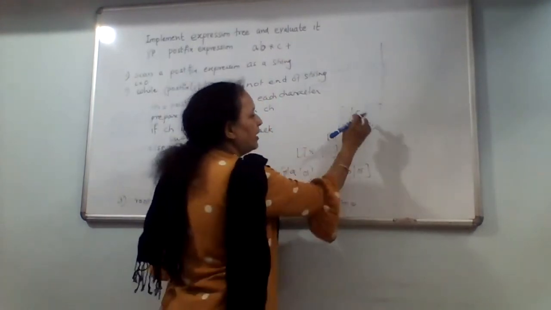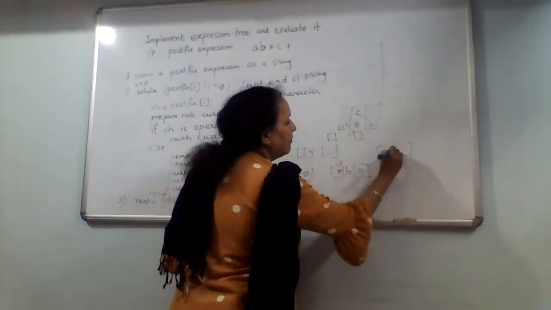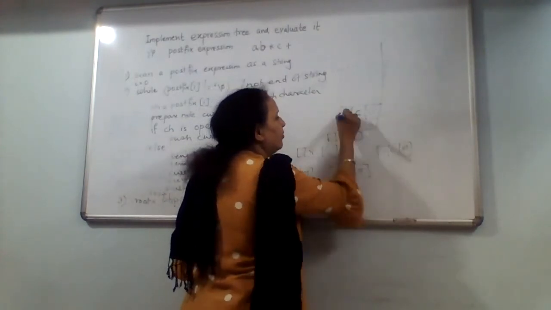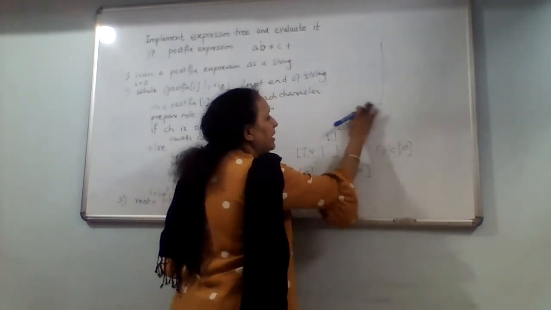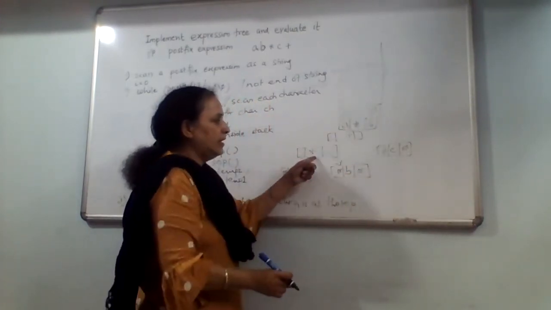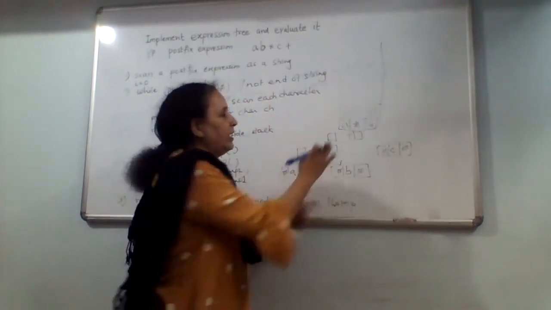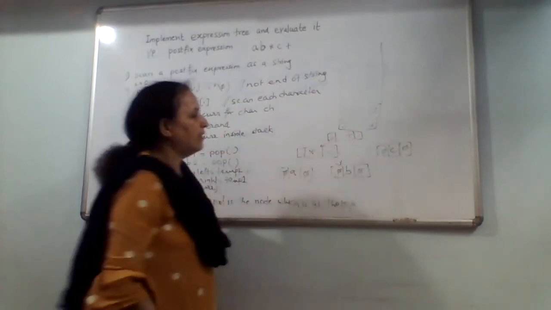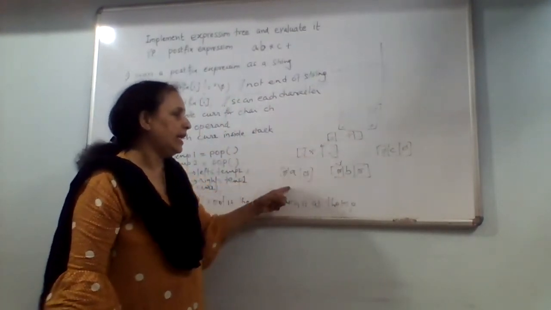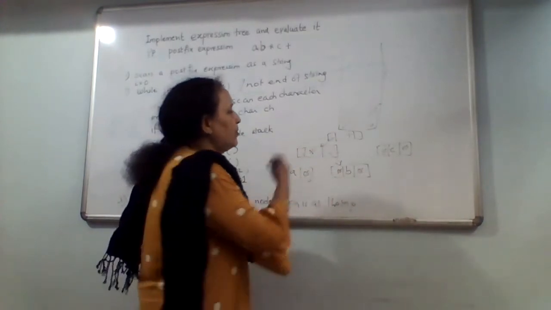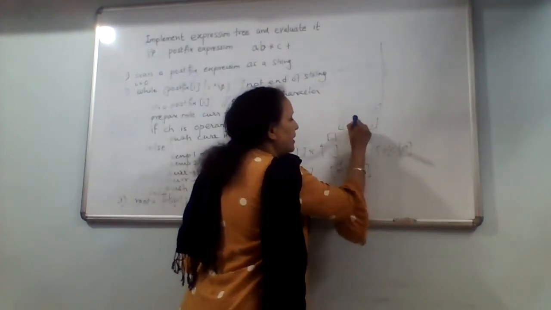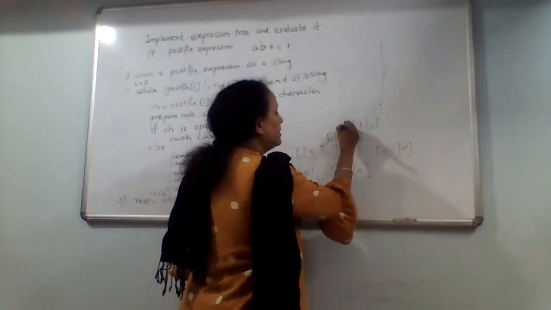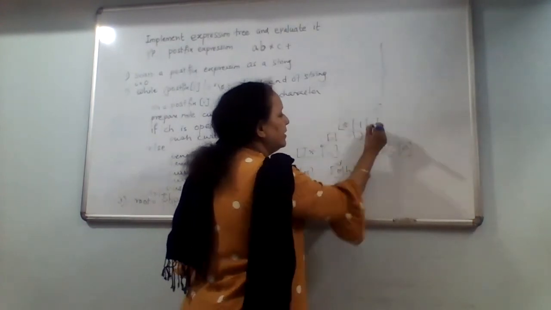You have to pop two values. First we pop C and attach it to right. C has null over here. Next we pop this star, which has A and B attached, and we attach it to left. So the left of plus will be star, and star has A at left and B at right. Again we push this plus inside the stack. Now plus has star at the left and C at the right.